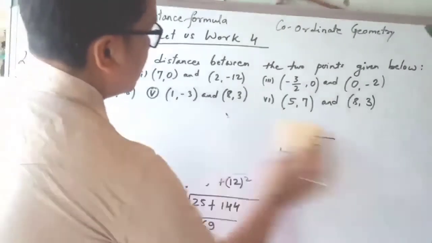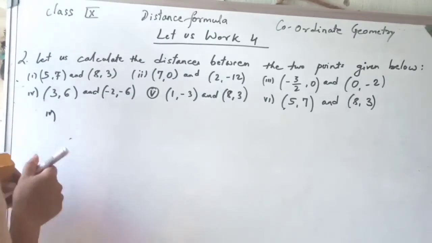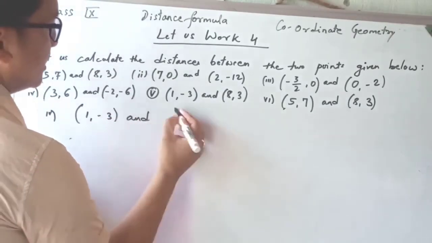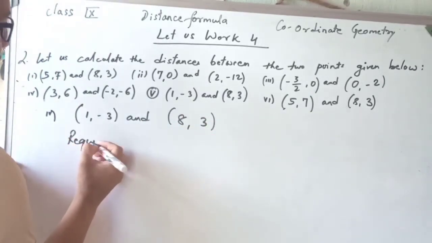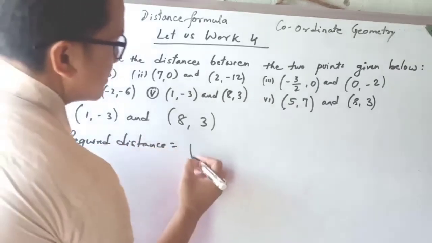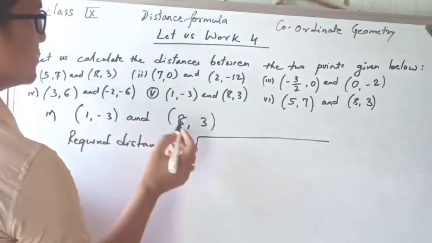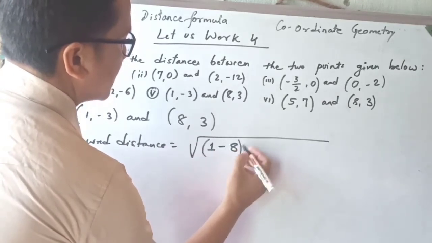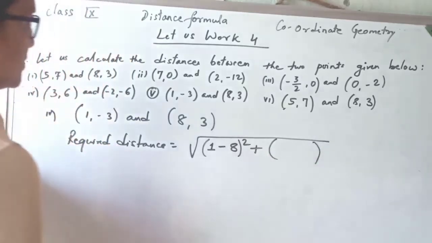Now we are going to do question number 5. Question number 5 is 1, minus 3 and 8, 3. We have to write required distance equals, we have to write the square root, and here we have to subtract the first numbers. Your first number is 1, and the other first number is 8. We have to subtract 1 and 8. We have to write square, and then we have to write plus, and in the next we have to subtract